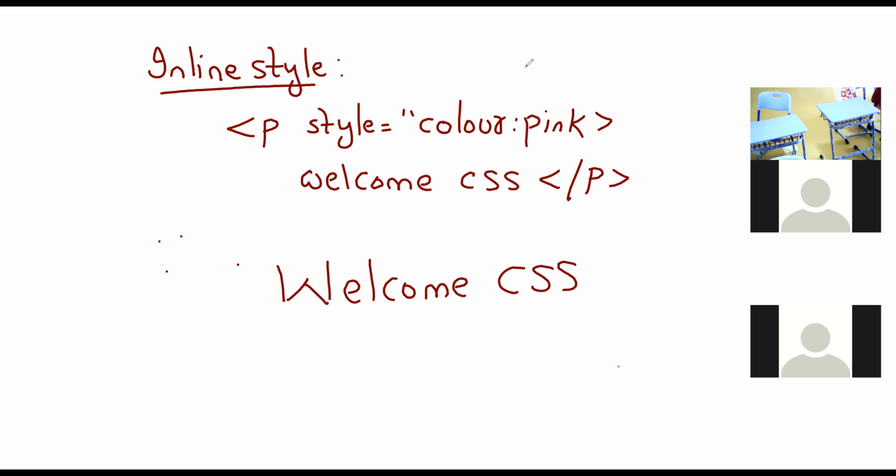Like in the video you have seen, parent and child, right? Once the parent is given a style, whatever it is, that will be affected to all its child tags. In a similar manner, in the internal style sheet, if we mention a style for the parent, that will be applied to its connected child tags. It is written inside the style tag within the head section. I will show you one example.